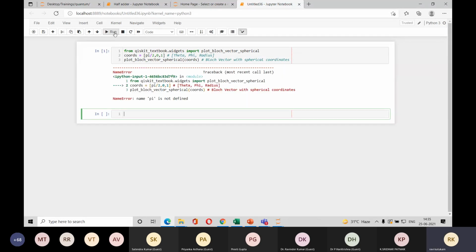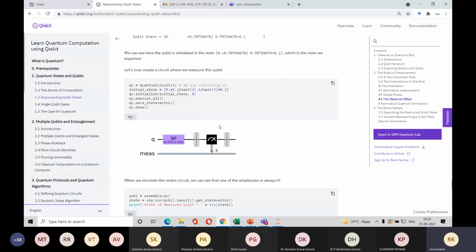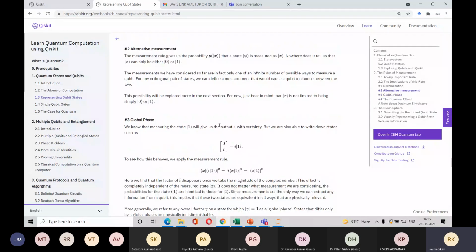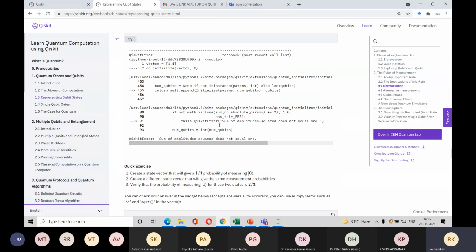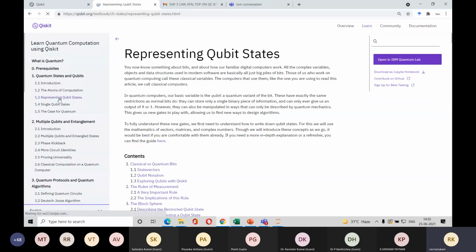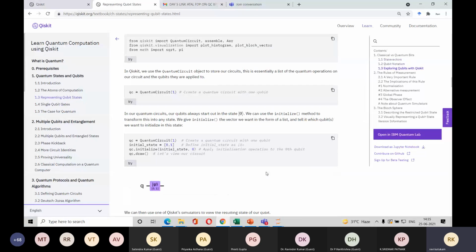So using the textbook, we could do some operations. So let me do one sample operation on the measurement and rotations in a single qubit system. So that's what we discussed. Then we moved on to representations. So these are the various representations.